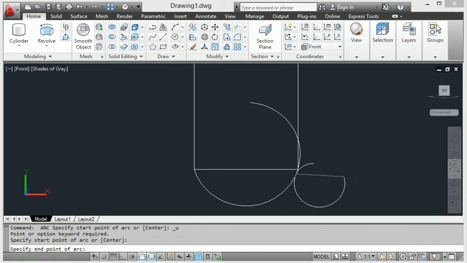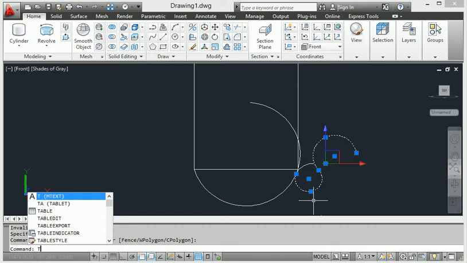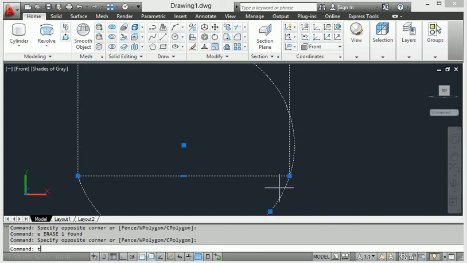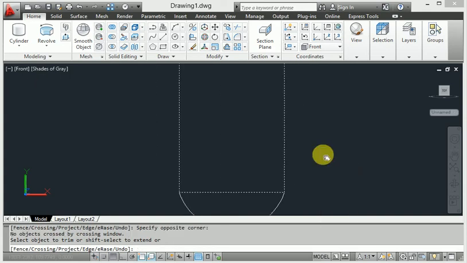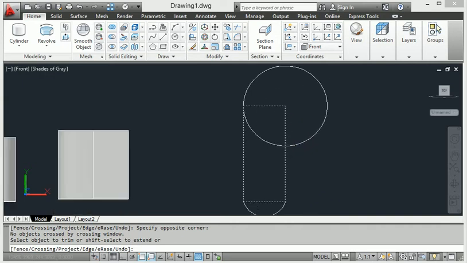Here we can see that, and also select this rectangle right now, E enter, also select E enter and go to trim, TR. Here the trim, then apply the trim and also trim here. Then I continue right now. We will change it from the particular command also. Here we can trim right now.